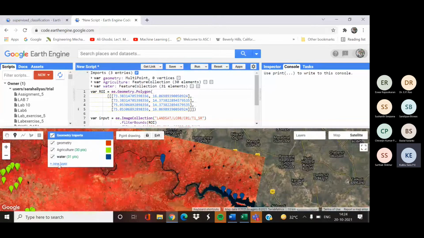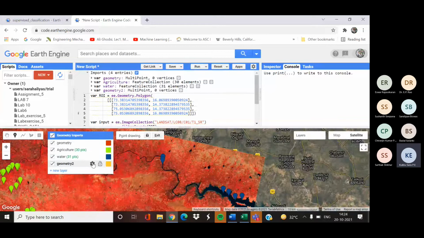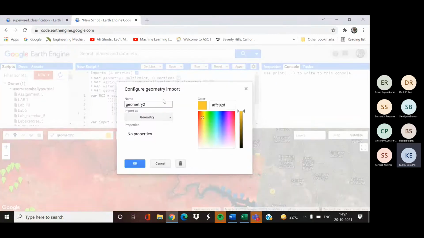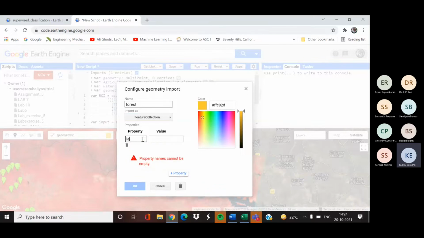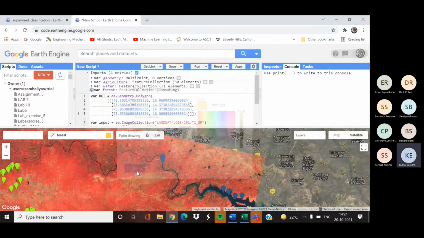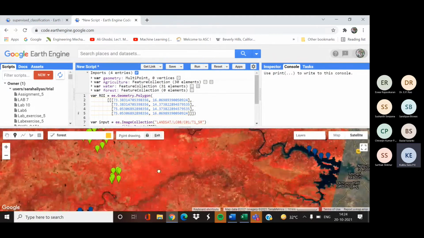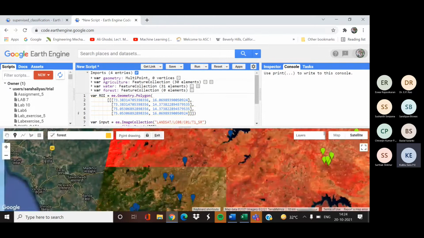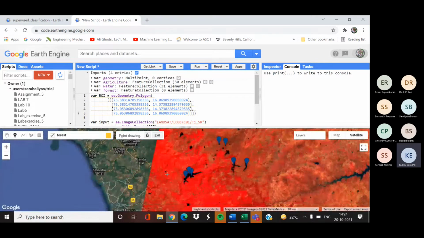Next, for forest or vegetated area we can collect the training points. The property is again land cover, and its corresponding value is 2.